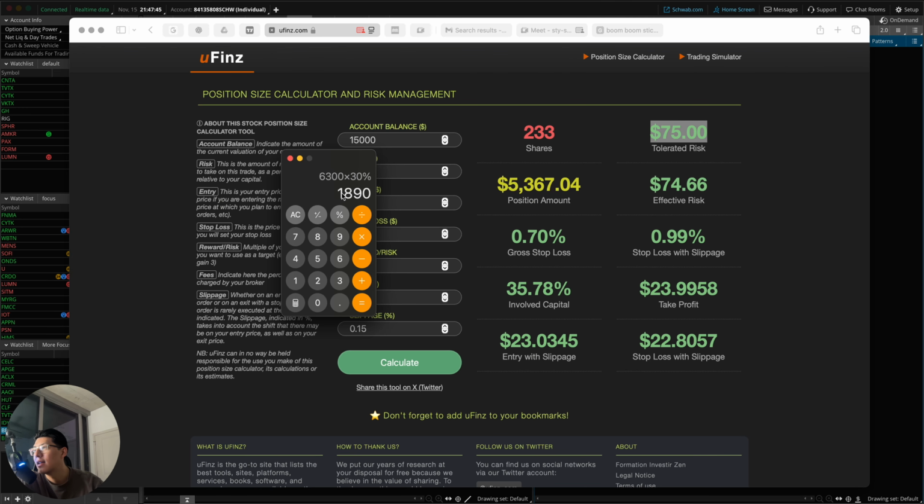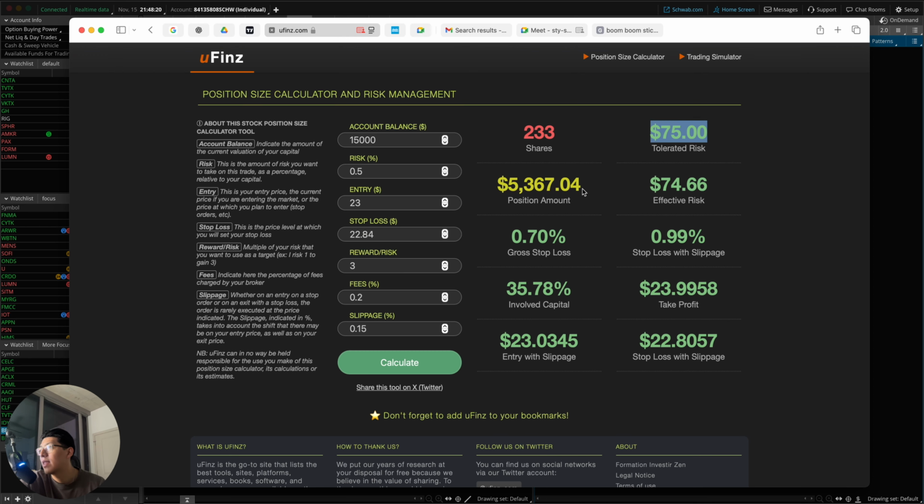Risking $75. Yeah, insane. That's what I'm saying. I don't know if you know too much about risk management, but bro, this is a crazy play. There's not a lot of risk that you're putting into the account itself, and you're going to be making a ton of money. And this is only your first trim, because mind you, stocks like this can move 20% in two days, or 20% in one day. Another thing is that this can also go all the way to 100%. That means you're going to be making an extra $5,000, and everything that you risk is only $75.